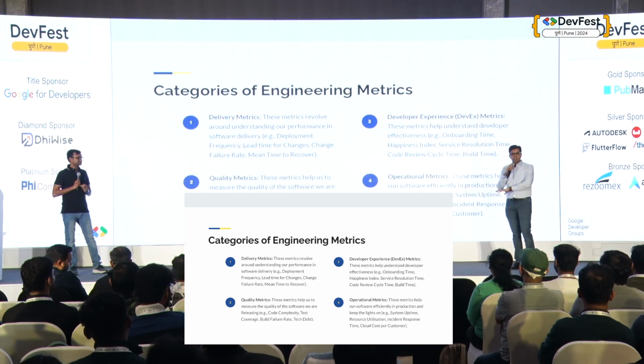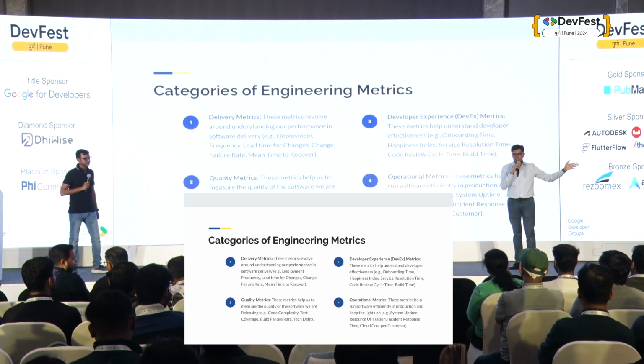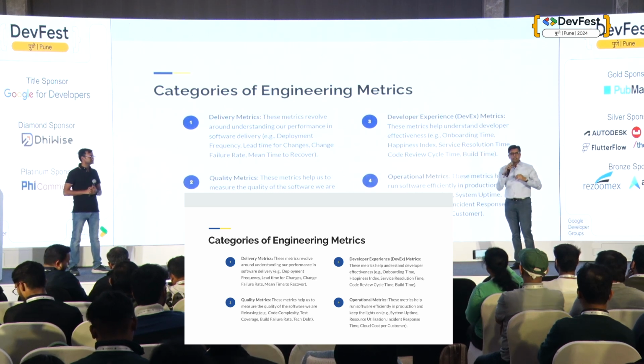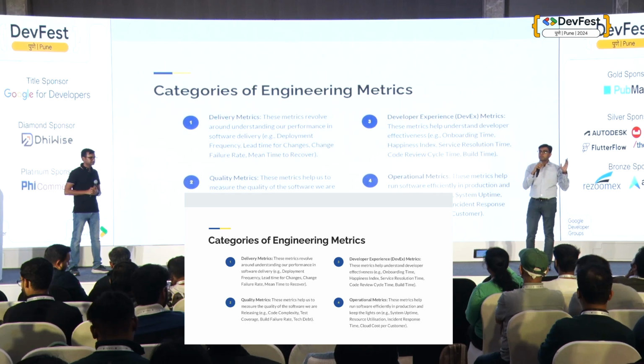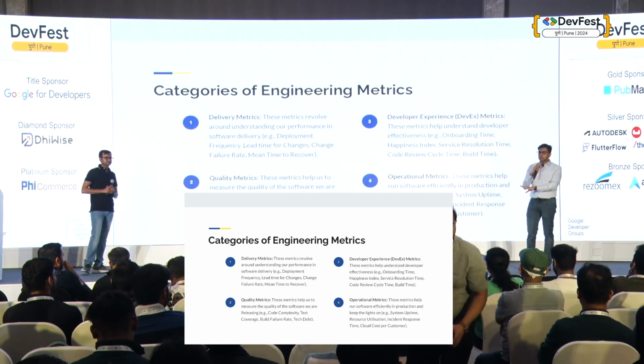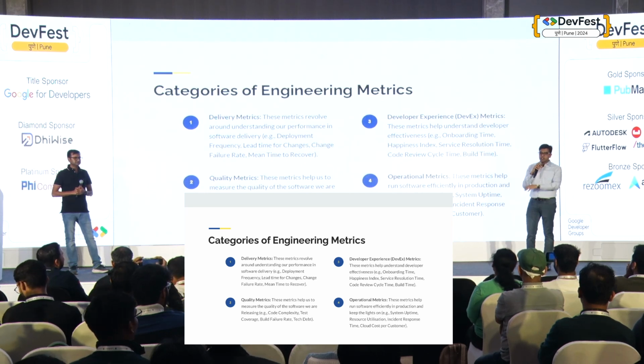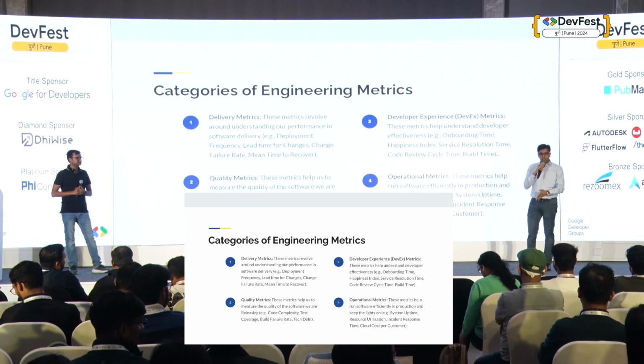Just to go through the remaining 3 categories, there is the quality metrics that talk about everything from a quality or standards perspective that we spoke about: code coverage, build failure rate, the tech debt, the amount of tech debt that you fix and stuff like that. There is the developer experience metrics that you should capture if you do not. Happiness index is my favorite. But then there are others as well where you can think about what's your review cycle time and other things. We'll speak about that as well.